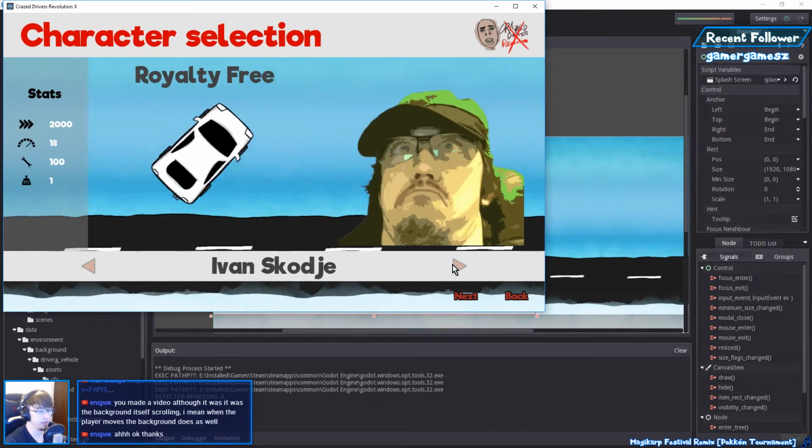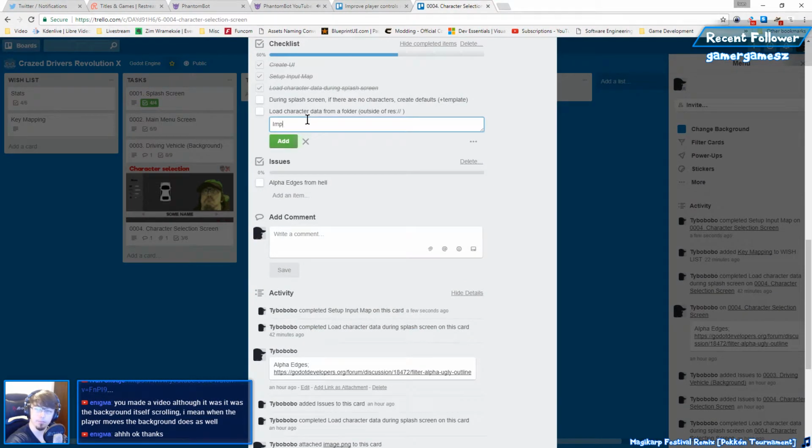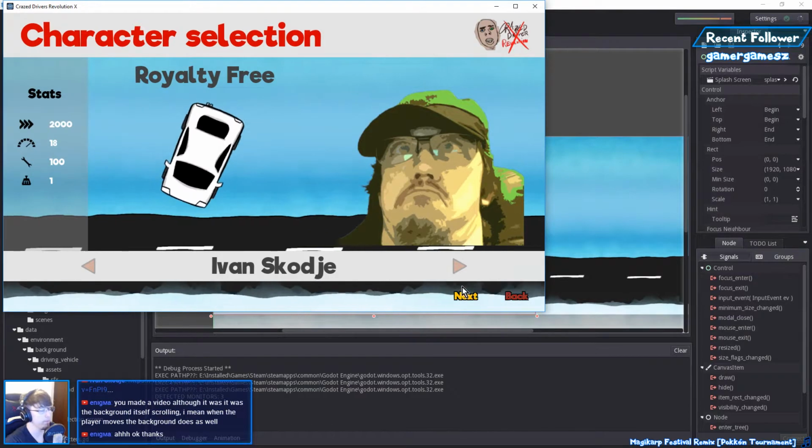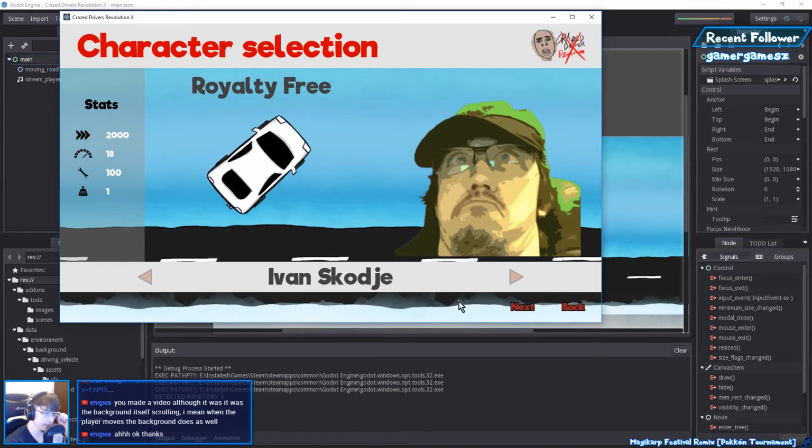Although we have to implement the buttons. Ah, damn it. Implement button functionality. That will be on top of this. It's more important than these two on the bottom here. Next to the bottom need to work. So let's see. The way it works now is